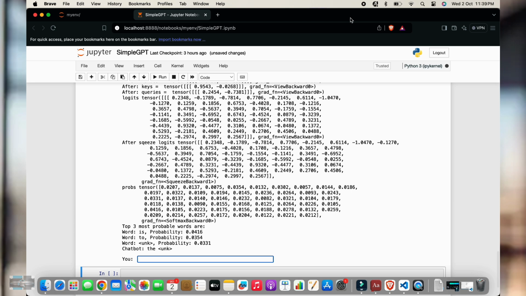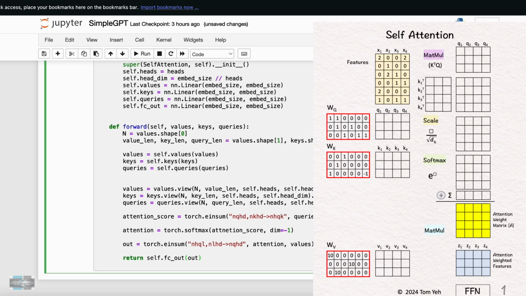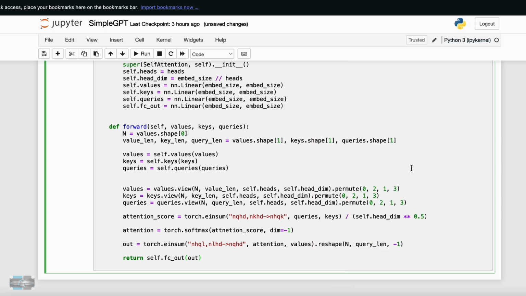So yeah, without any training, how come this self attention class is giving us these logits? That's the question. After fetching embeddings, the self attention class tries to derive the value vector, query vector, and key vector using the weights. Weights are nothing but the amount of information the model knows. Before training, the model doesn't know anything. So using those random weights, the model generates the value vector, query vector, and key vector.